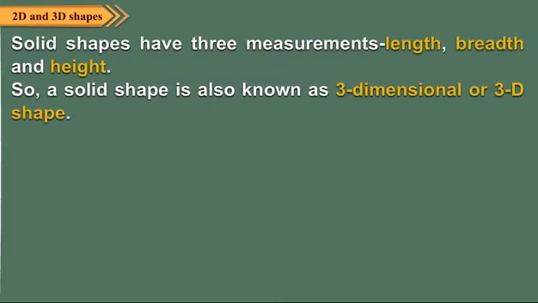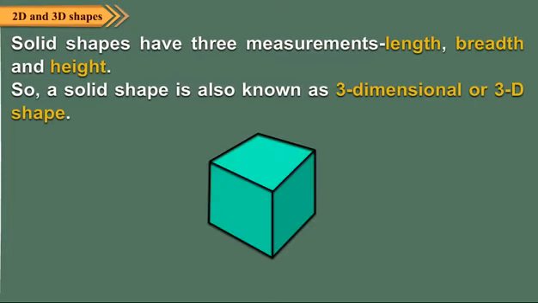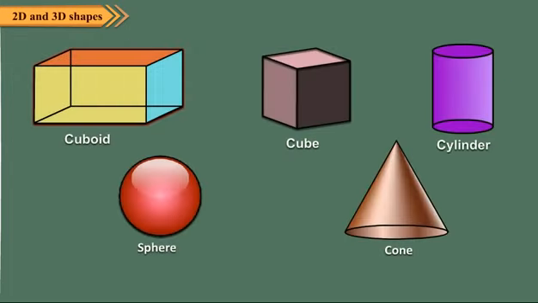Children, now let us know about some solid shapes. Solid shapes have three measurements: length, breadth and height. So a solid shape is also known as three-dimensional or 3D shapes. Solids have faces, edges and vertices. Some of the shapes of solids are: